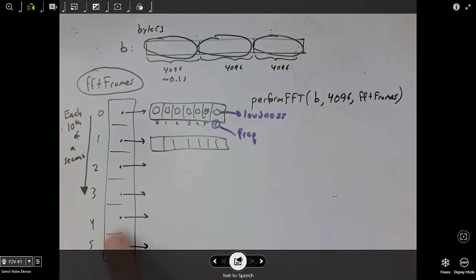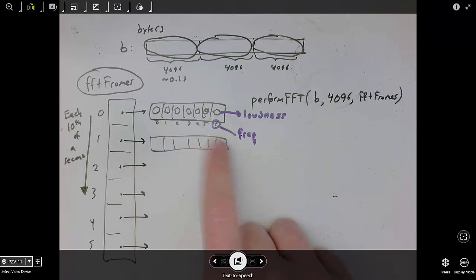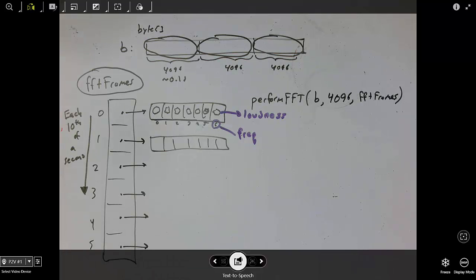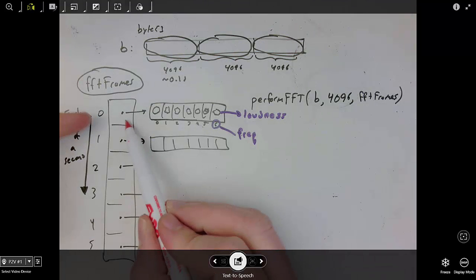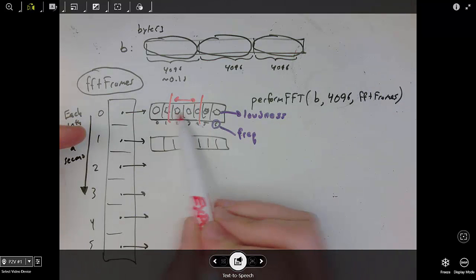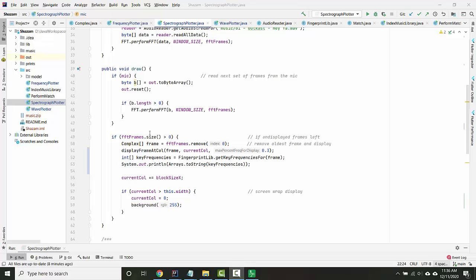So each element in the array list represents the output for 1/10 of a second of sound, and what's inside is an array of complex numbers where the index represents the frequency of the sound and the value, if you take the absolute value of the complex number there, it will tell you how loud that frequency is in that 1/10 of a second of sound. So again, reference the first video if that piece is still confusing. So what we want to do is for each of these arrays, we want to loop between particular frequencies, and we want to find what's the loudest frequency inside particular ranges. So back in the code,